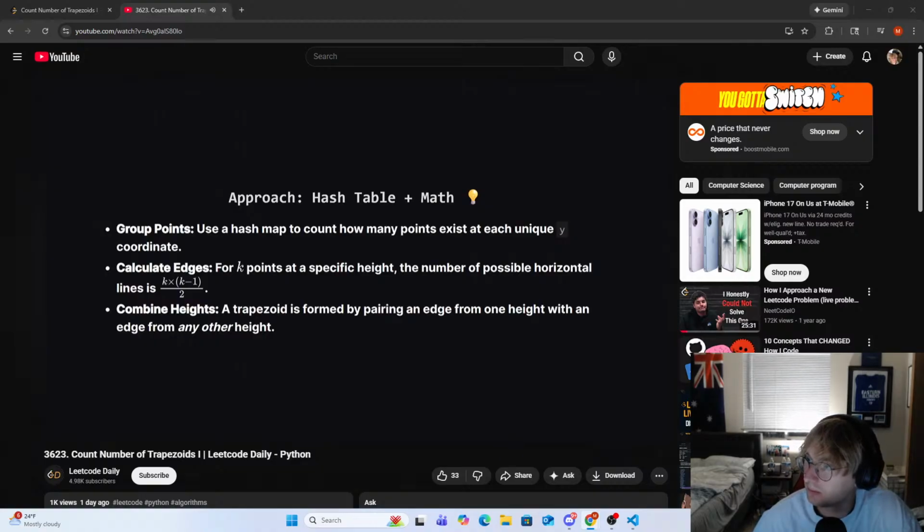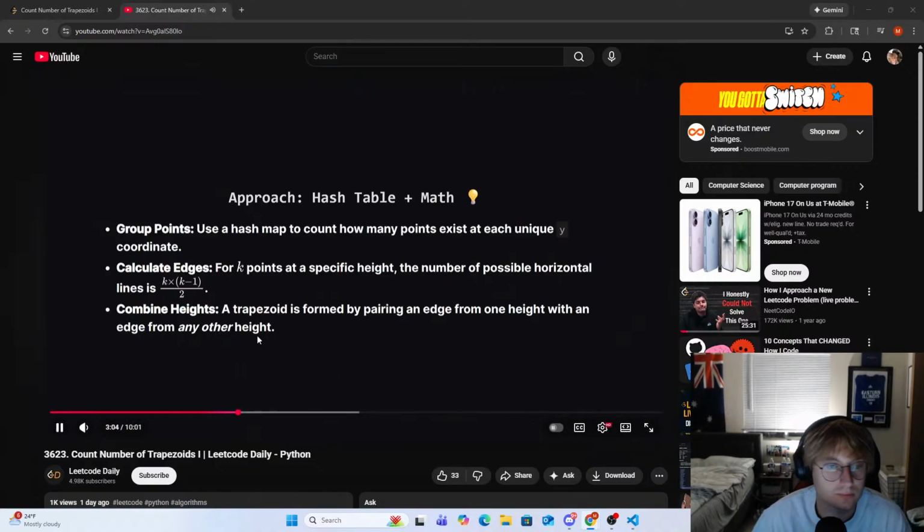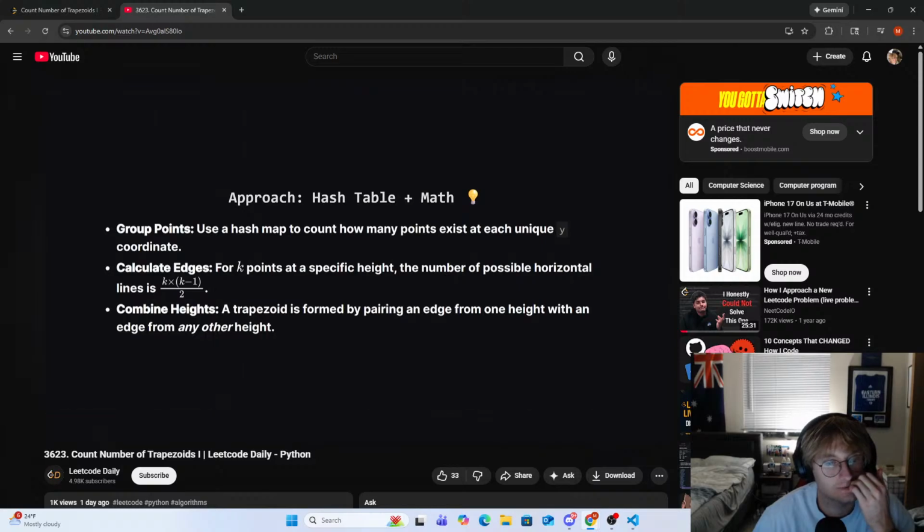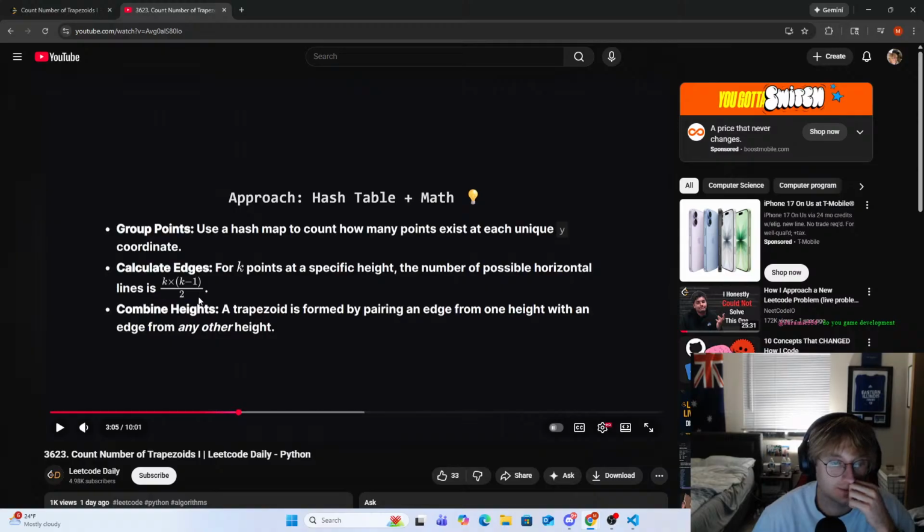Second, for each y level with, say, k points, we calculate how many pairs we can form. This is a classic combinations problem. K choose 2. At a specific height, the number of possible horizontal lines is k times k minus 1 over 2. Third, combine heights. A trapezoid is formed by pairing an edge from one height with an edge from any other height. The formula is